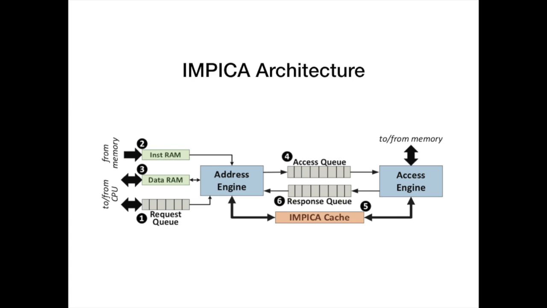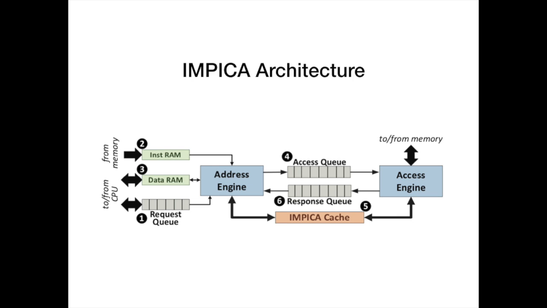The architecture is very simple from the CPU's point of view, and it doesn't require any special knowledge from the programmer. First, the CPU puts a request in the request queue. Then the address engine services that request out of the queue by loading the pointer chasing code from the instruction RAM. Whenever the address engine encounters a memory instruction, it enqueues the address in the access queue and then performs